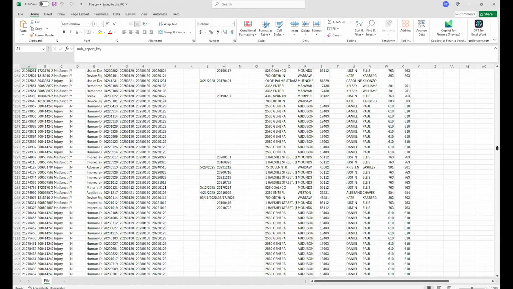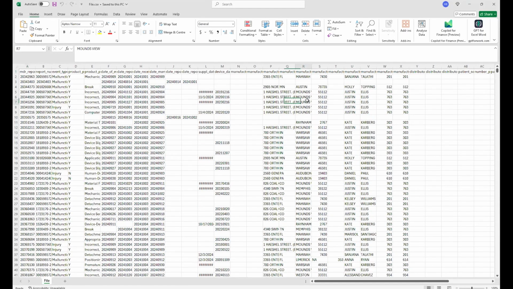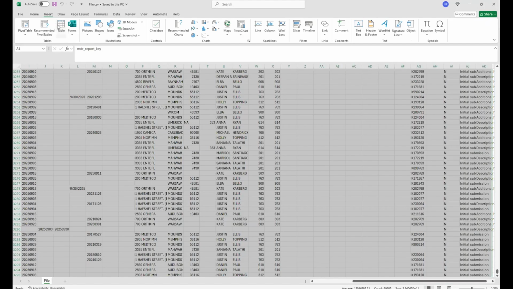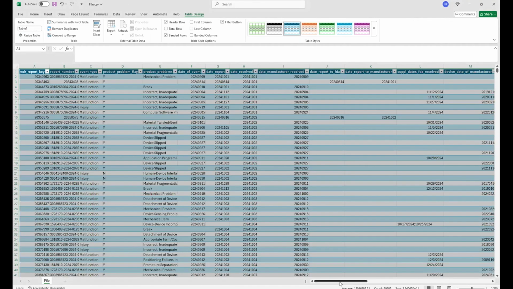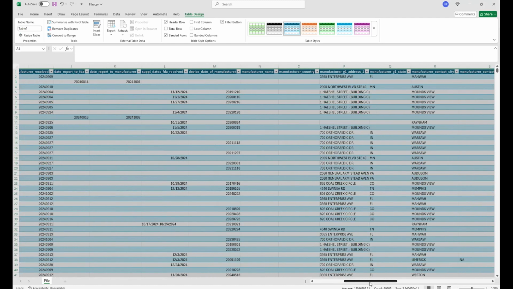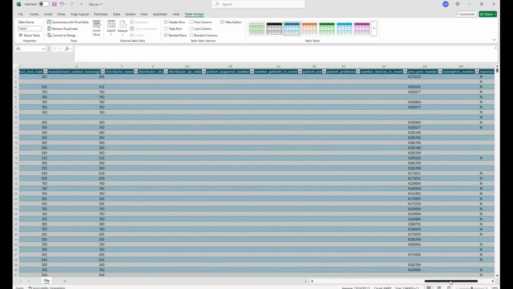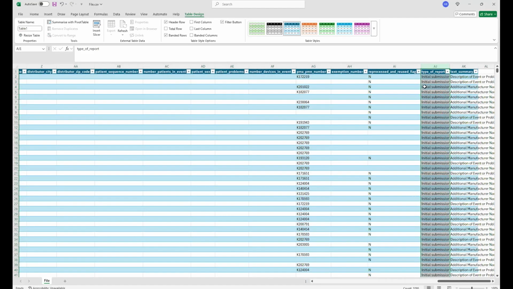3000-ish information. As you can see, 3259 information. To make it easy to read, Control A, insert table, yes. And here you can see all the information are corrected, and you will get more information than just using the UI of Mode. And the most important part is here the type report,